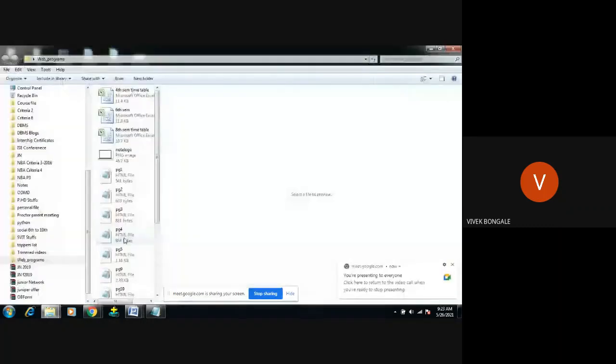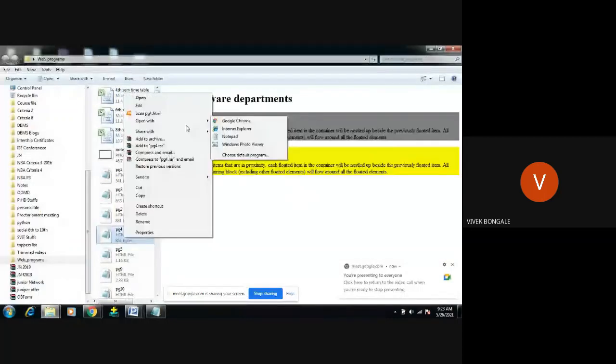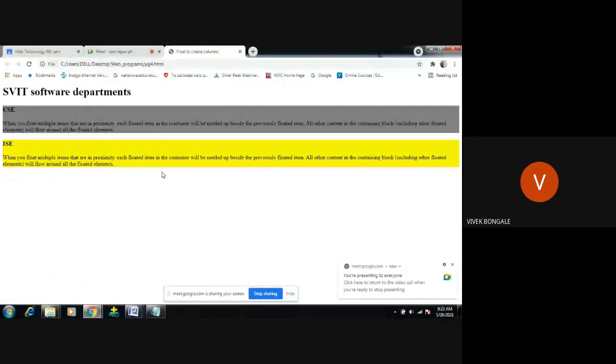Open it with Google Chrome. We can see we have created the two columns, but they are not appearing side by side because we have not used the float element. This is just giving a basic display with the basic style we used.